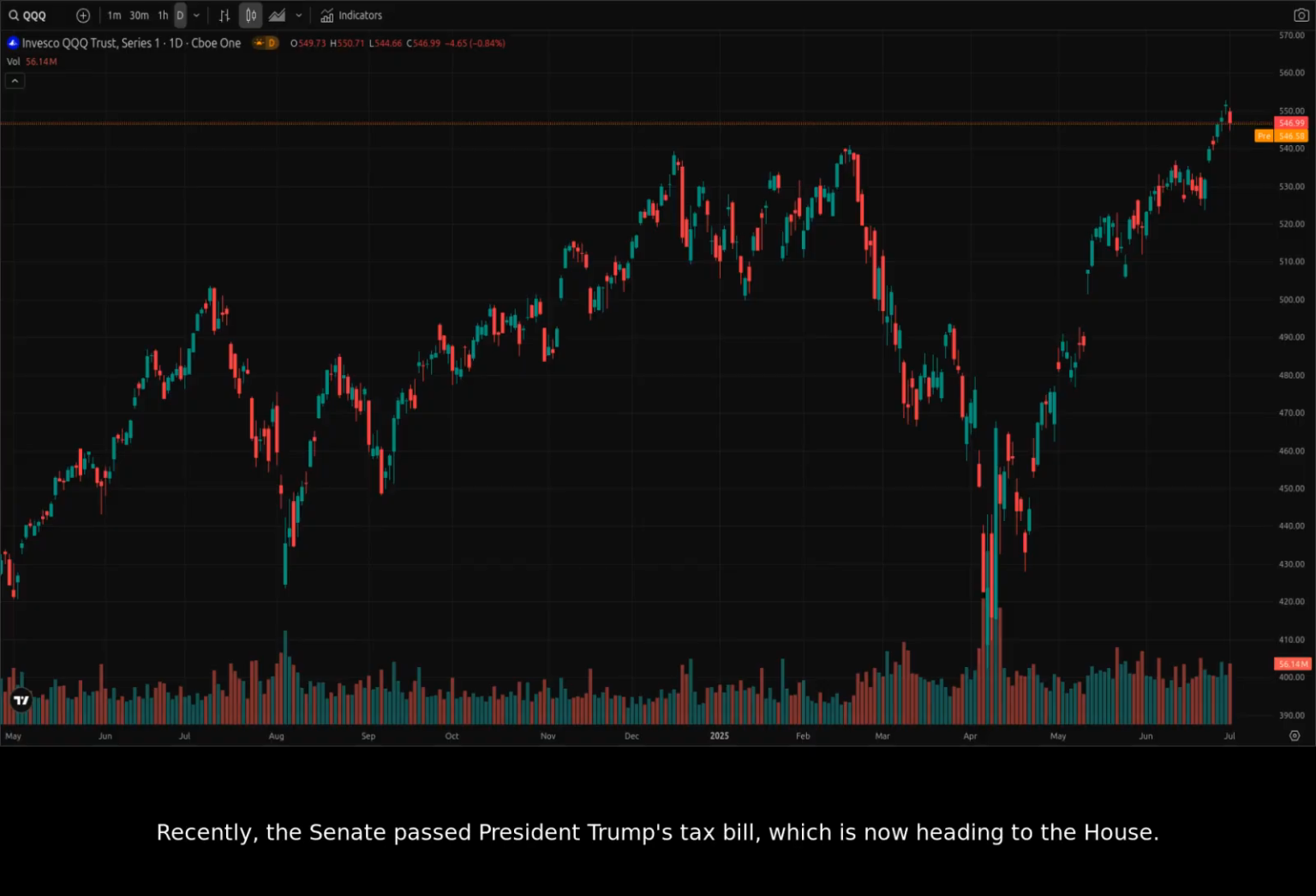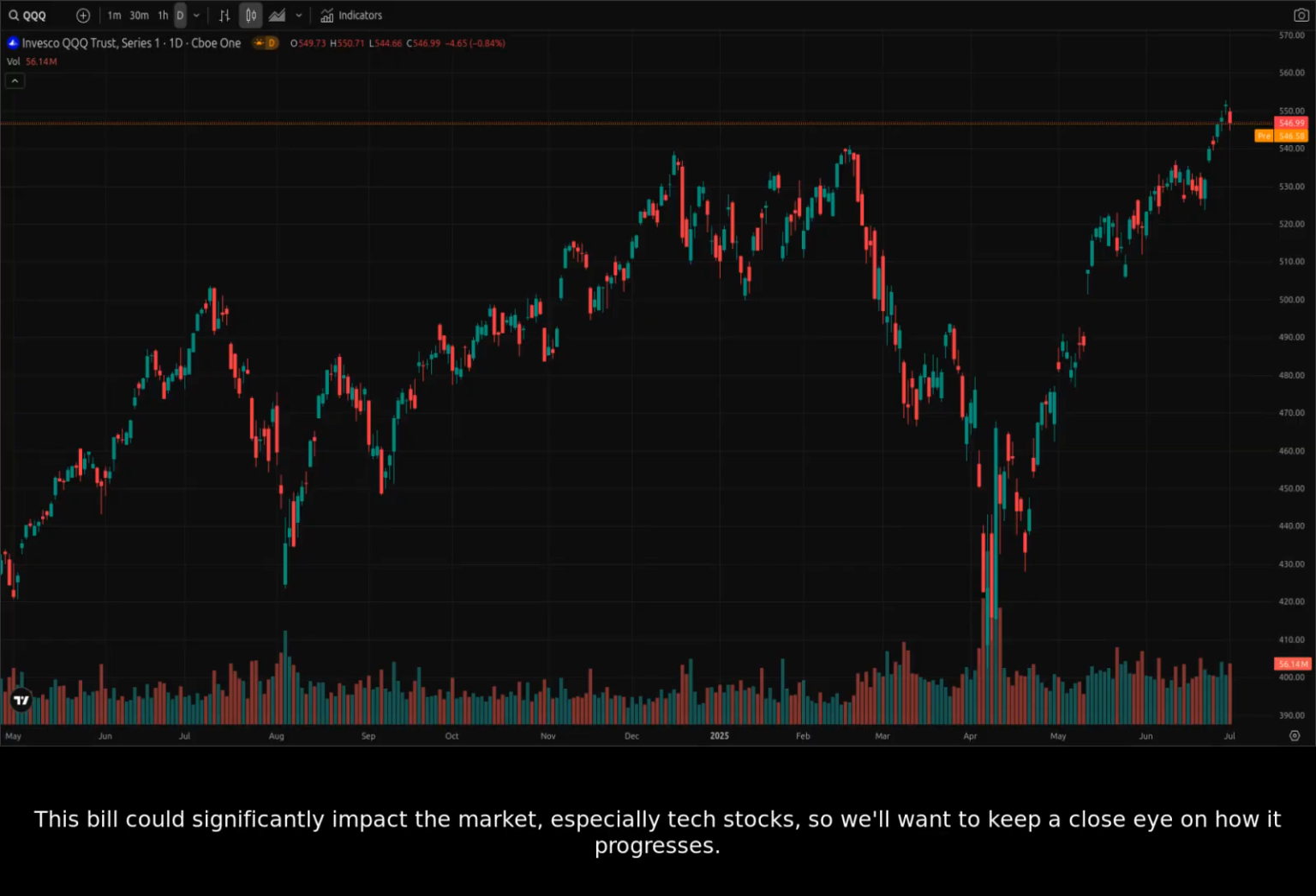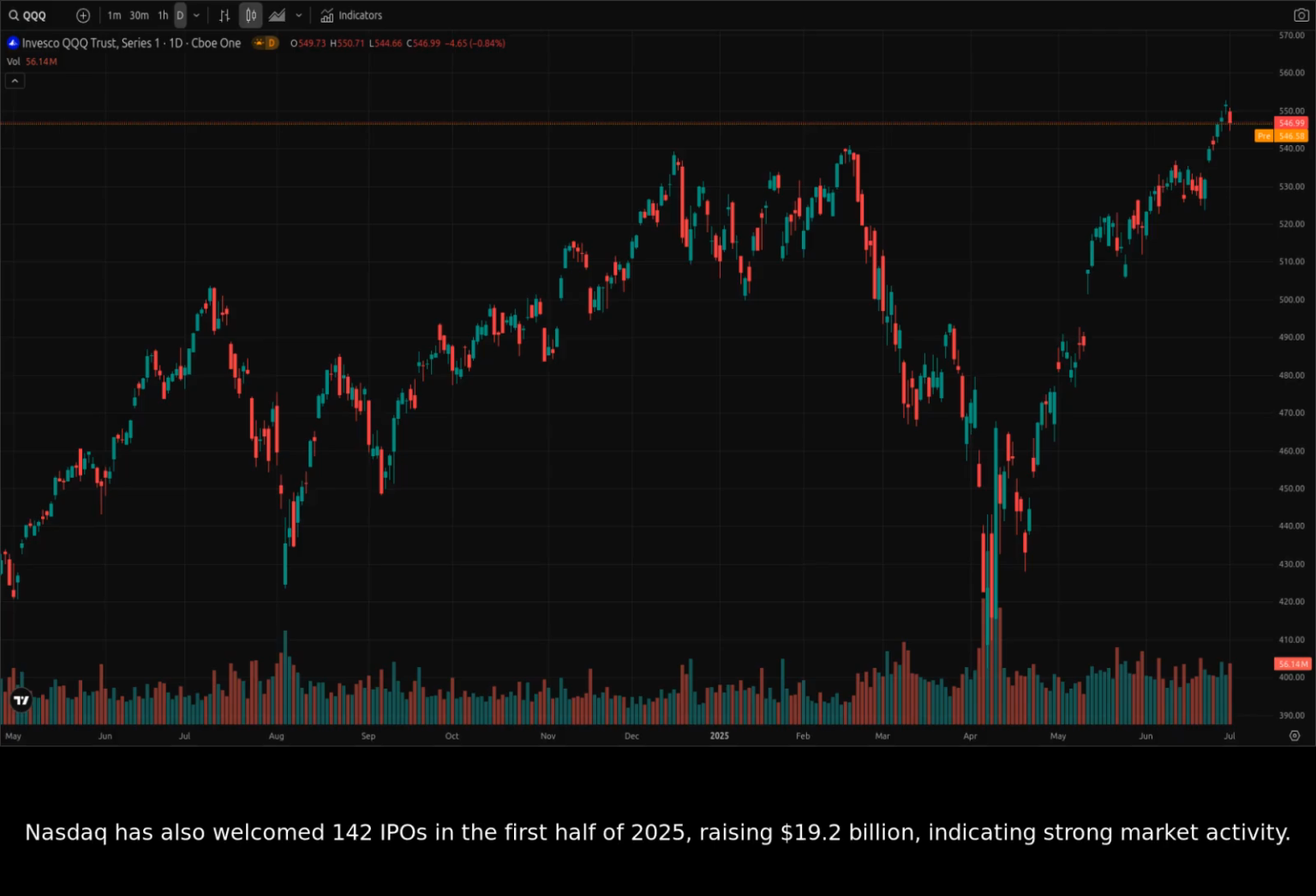Recently, the Senate passed President Trump's tax bill, which is now heading to the House. This bill could significantly impact the market, especially tech stocks, so we'll want to keep a close eye on how it progresses. Nasdaq has also welcomed 142 IPOs in the first half of 2025, raising $19.2 billion, indicating strong market activity. Now, let's switch over to the charts and see how this news might be reflected in the price action